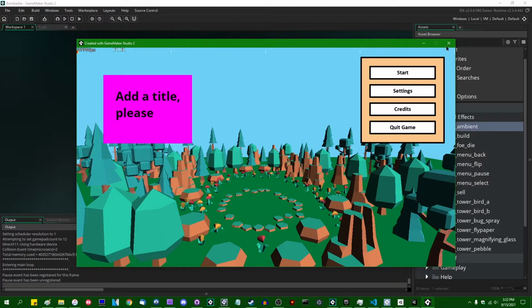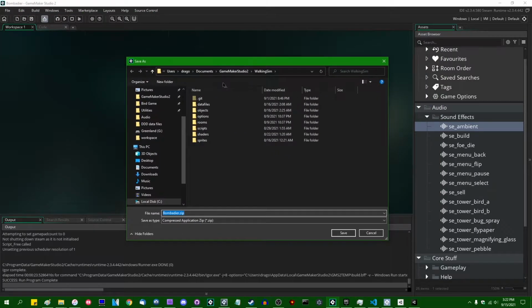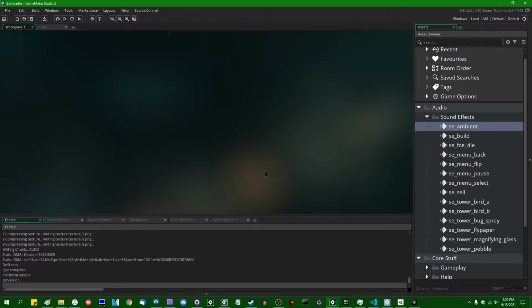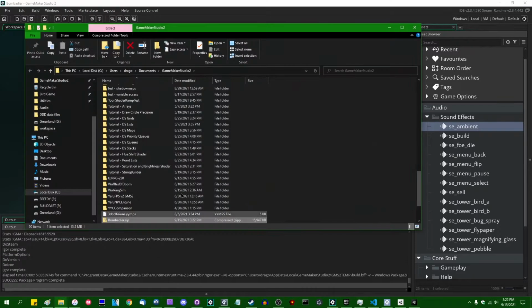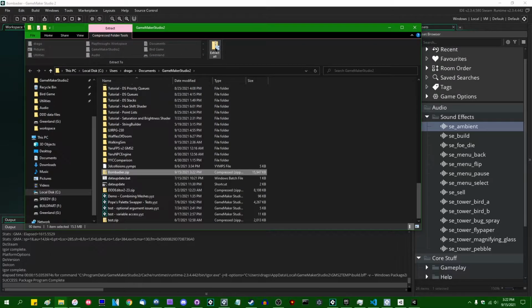It sounds fine. It sounds the same as it did. But if I were to say build game, and this is not going to be the actual build of the game, it should take up much less space than 54 megabytes. And since it's going to be streamed from the storage medium, it shouldn't take up too much space in the program memory when it's running. Let's see, if I were to just extract this to